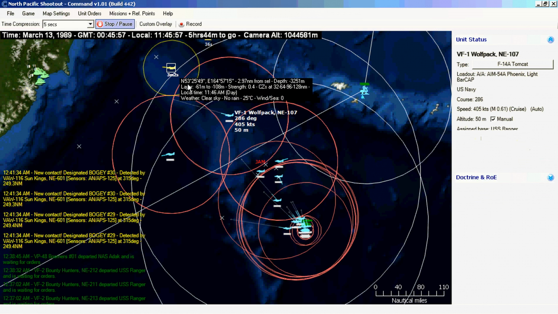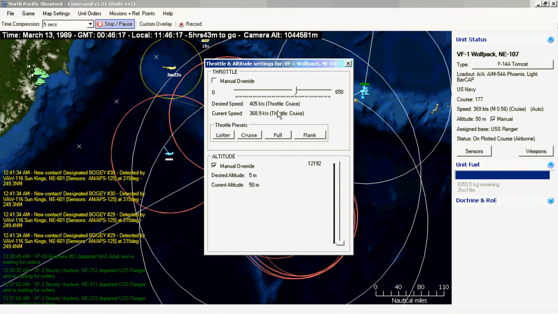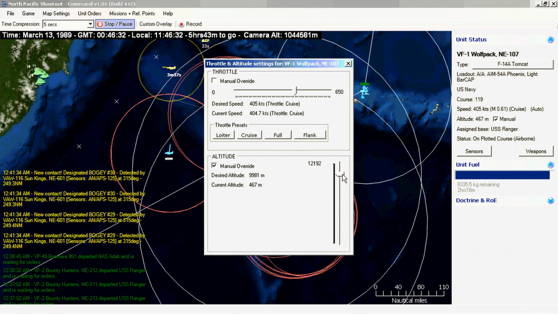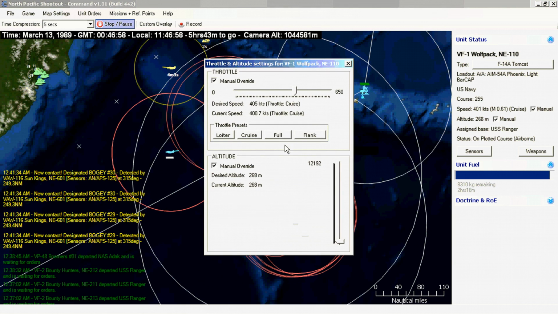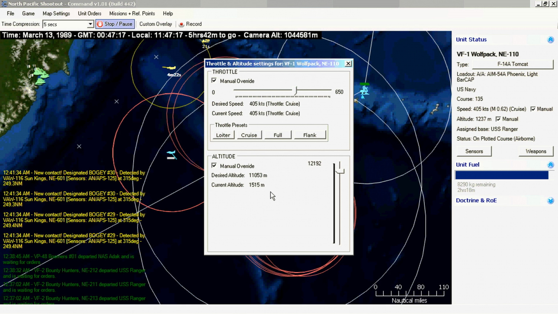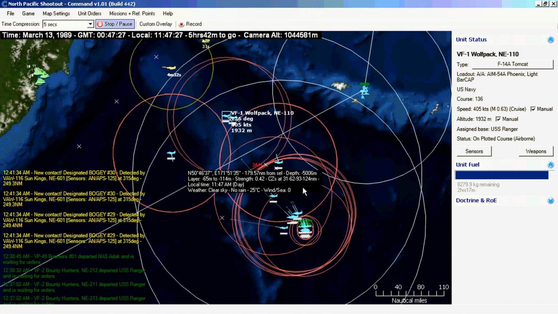Since the bogies have turned back, we can turn back ourselves and climb up to a more economical altitude in which to save our gas. Without the ability to enter a specific altitude, we have to do these with the sliders, and all we can do is get pretty close. It's very difficult to set a precise